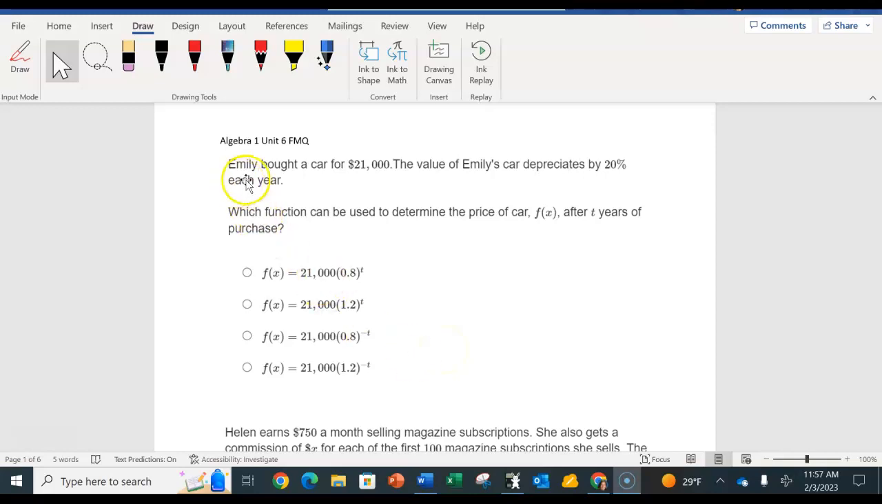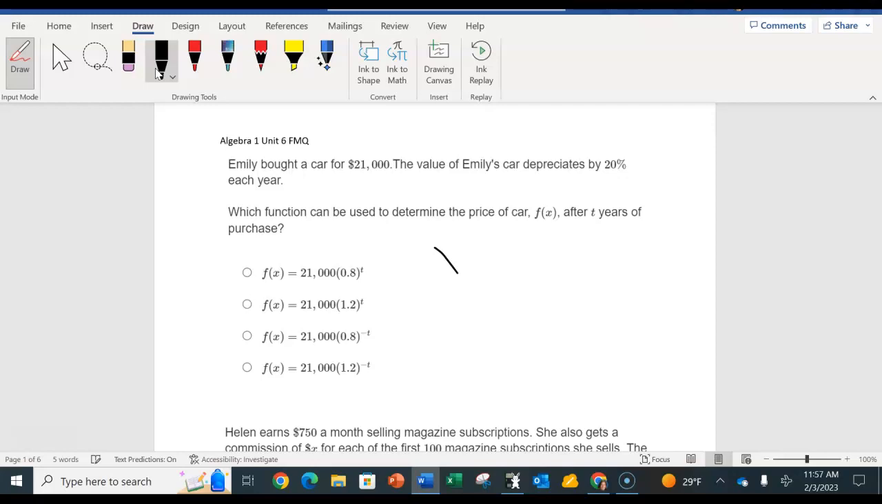So the first question says, Emily bought a car for $21,000. The value of Emily's car depreciates, remember depreciates goes down, by 20% each year. Which function can be used to determine the price of the car, f of x, after t years of the purchase? All right, so if you remember,